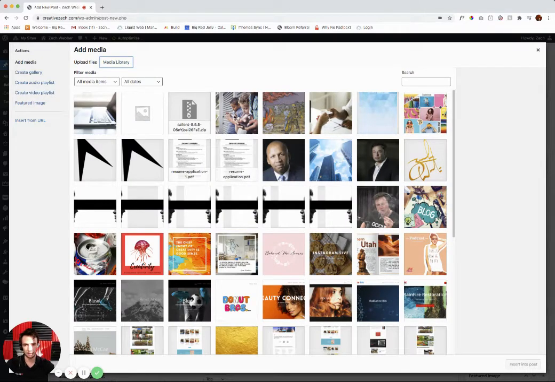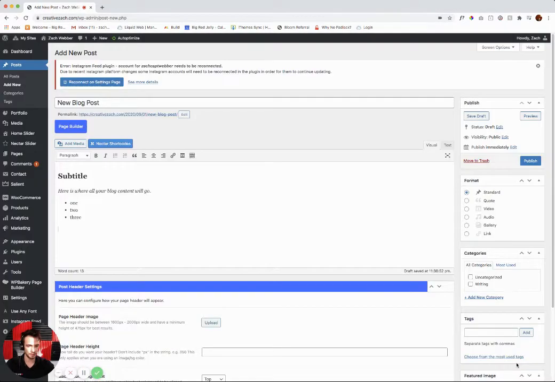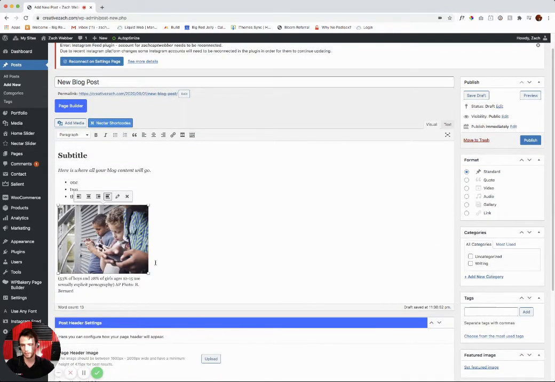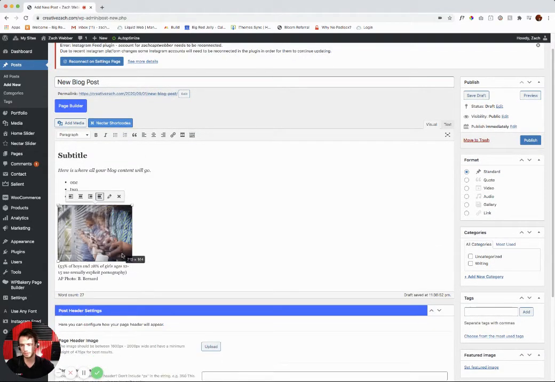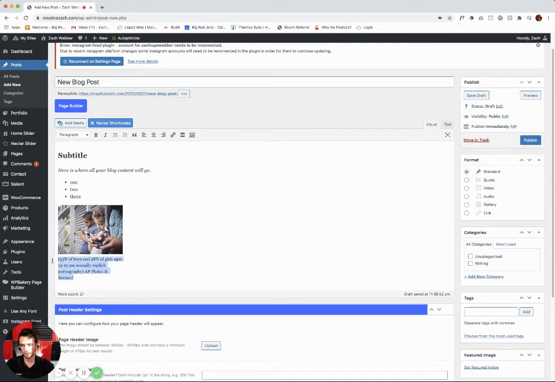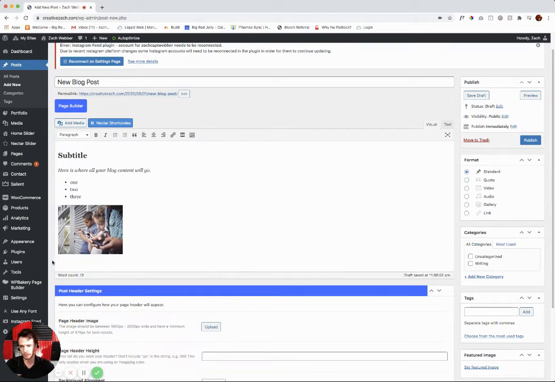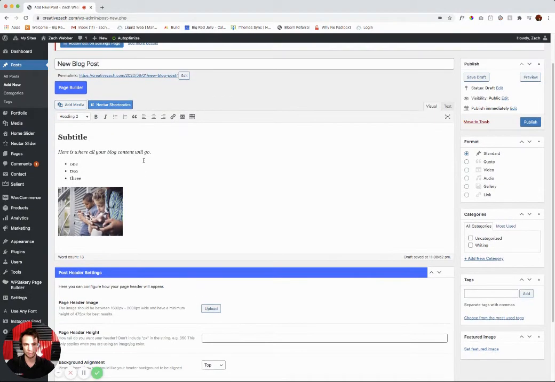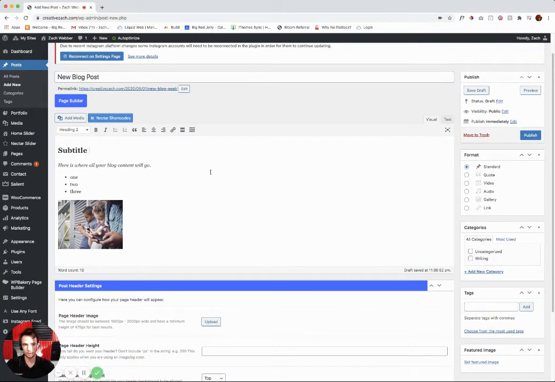I'm going to add this one of the kids on their phone, insert into post, and then resize. There you go. And this one comes with my caption. I'm going to delete that. But there you go. So that's all the body of your blog post. The other thing you'll need to, or two things you need to do before you publish your website,